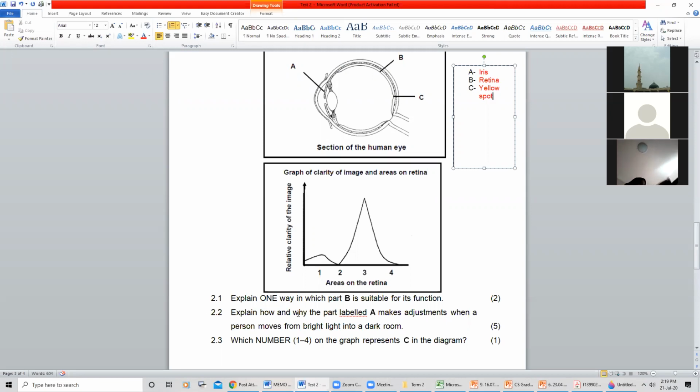And then 2.2. Explain how and why the part labeled A makes adjustments when a person moves from bright light to dark light. Okay, so now we're talking of changing from bright light to dark light. So how does it make the adjustments, and why does it make those adjustments? Explain. So there'll be a reason with it, statements and reasons. As you can see, it's for 5 marks here. So instead of trying to type maybe all 5 points, type 1 and then you can send through